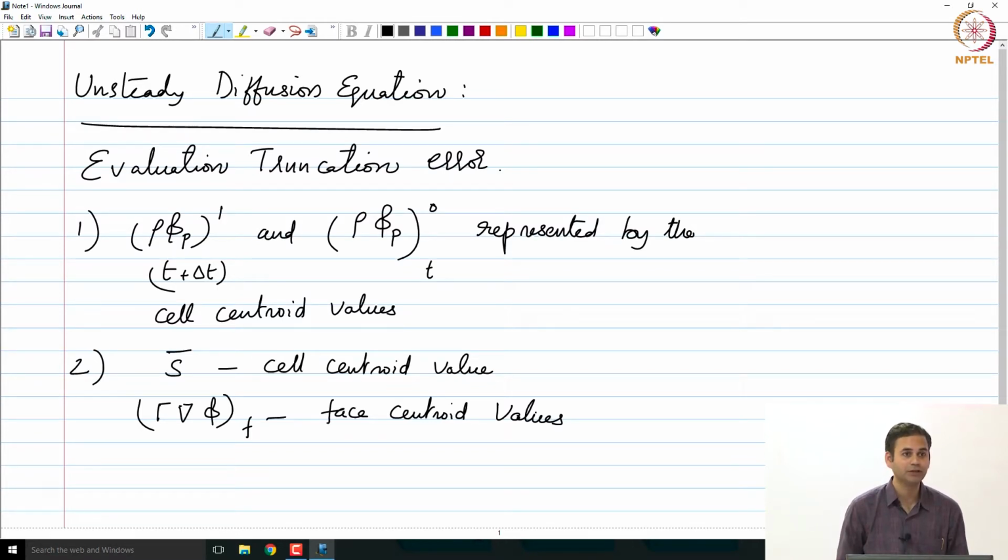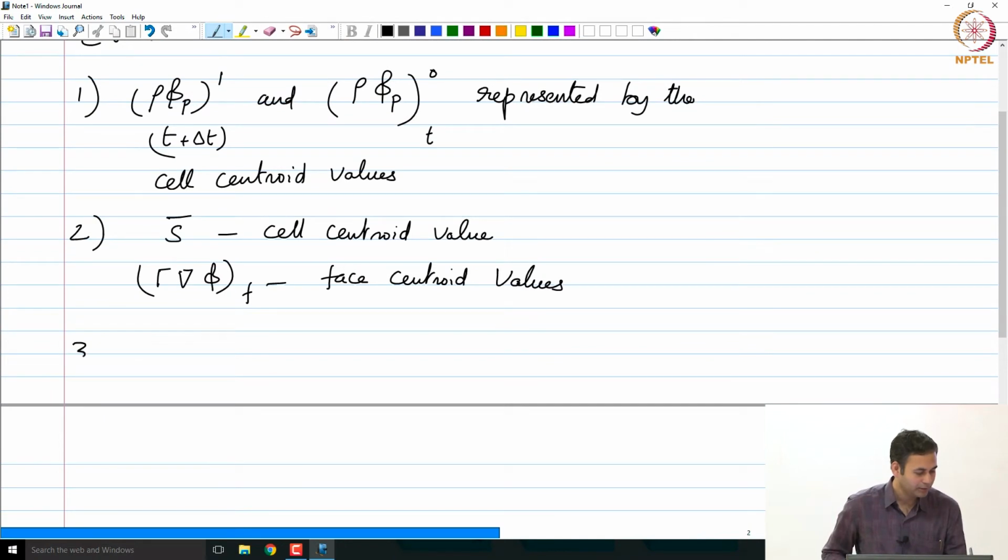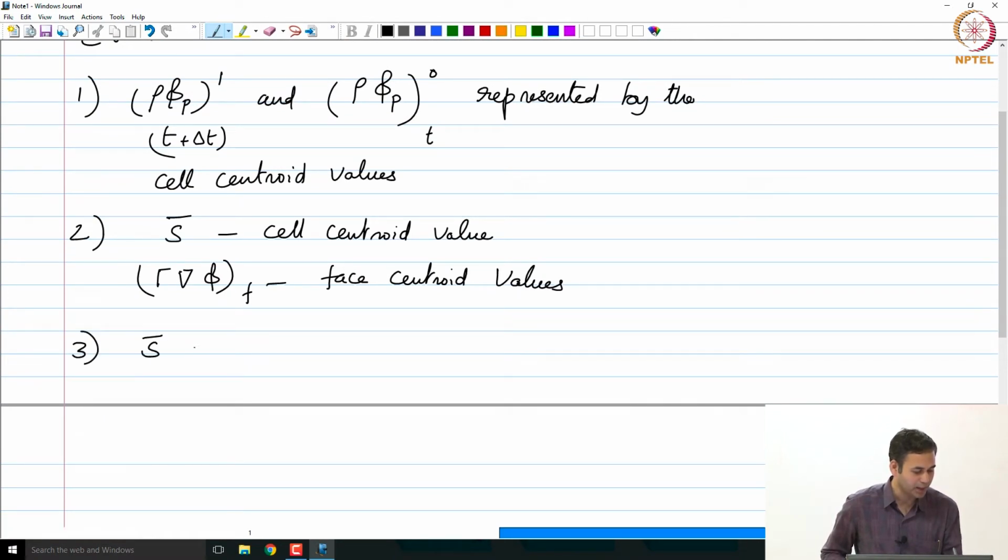Linear profile assumption for the diffusion fluxes as well as the source terms between t0 or t and t plus delta t, right. That is what we have made. That means, and we said depending on the type of the scheme, either t0 values prevail over the entire delta t or t plus delta t values prevail over the entire time step. That is what we said. So, that means the source terms S bar and gamma grad phi f, let us say if we are talking about an implicit scheme,